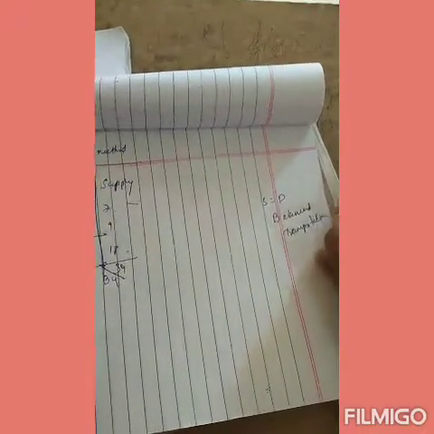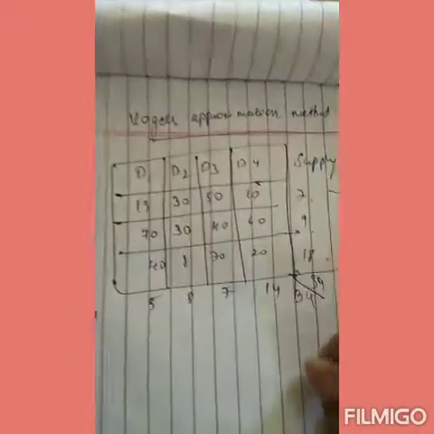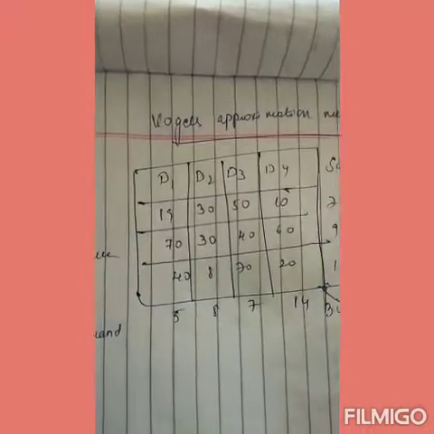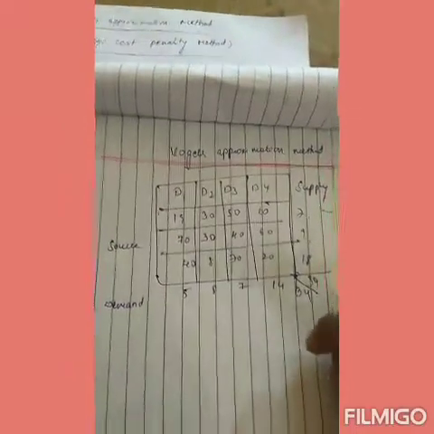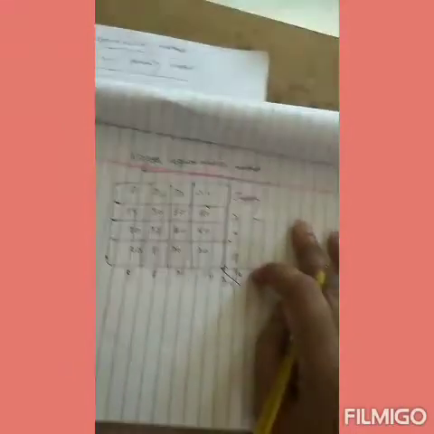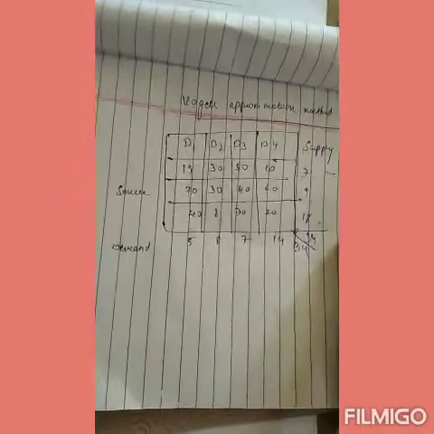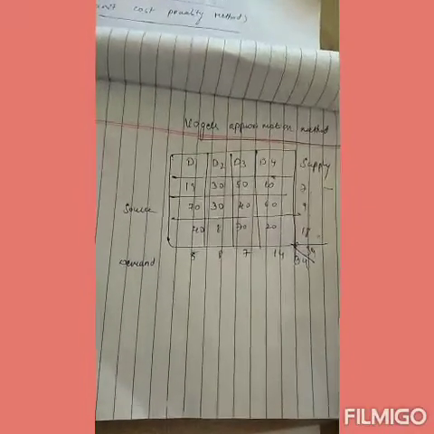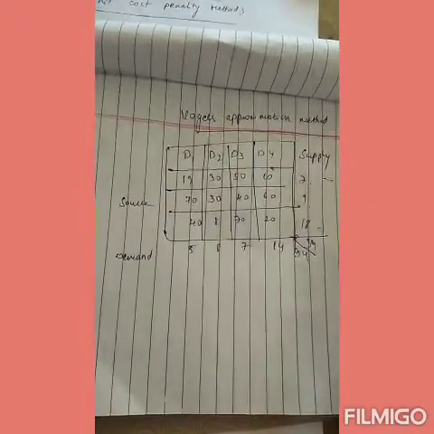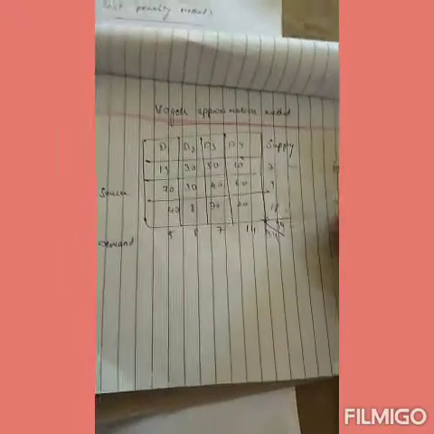So this problem is totally different from the northwest corner method, least cost method, column minima and row minima methods. It is entirely different from those 3-4 methods. So what is the main difference here? Here we take the penalties. Among all the penalties we take the maximum value, and proceed with the problem.